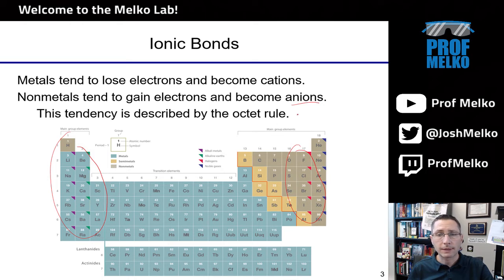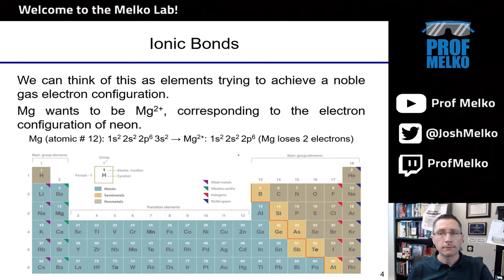And this tendency is described by the octet rule. Right? These halogens over here are just one step away from becoming a noble gas and achieving this octet configuration. Okay? They all need one more electron to move to the right one spot and become a noble gas. These first column alkali metals need to lose one electron, moving one to the left, which takes them back to the right side of the periodic table over here, moving backwards, for instance, from lithium to helium, achieving their octet. Okay, so that's these electrons being added or removed to make these elements achieve their noble gas configuration.